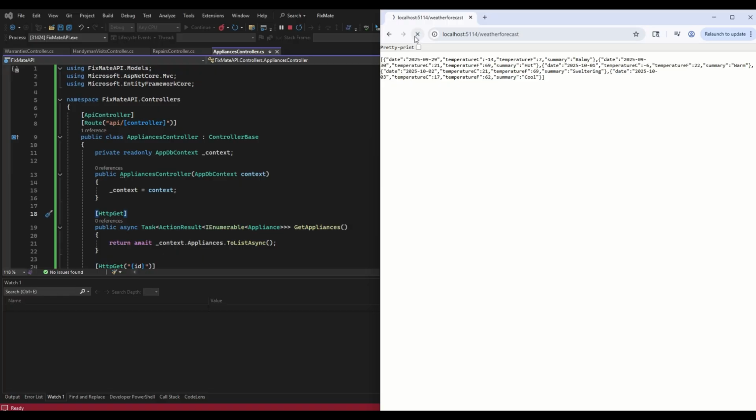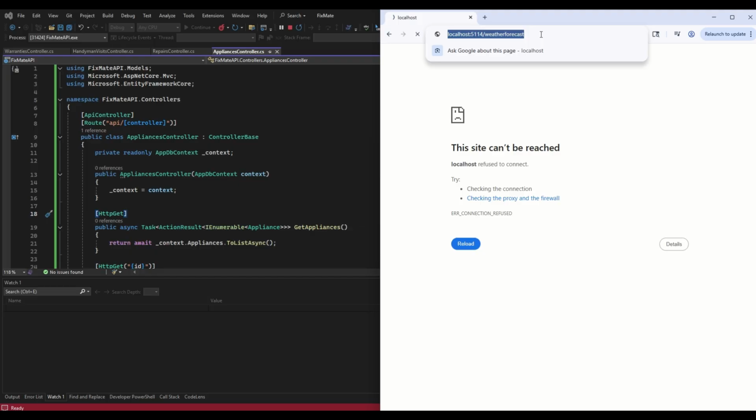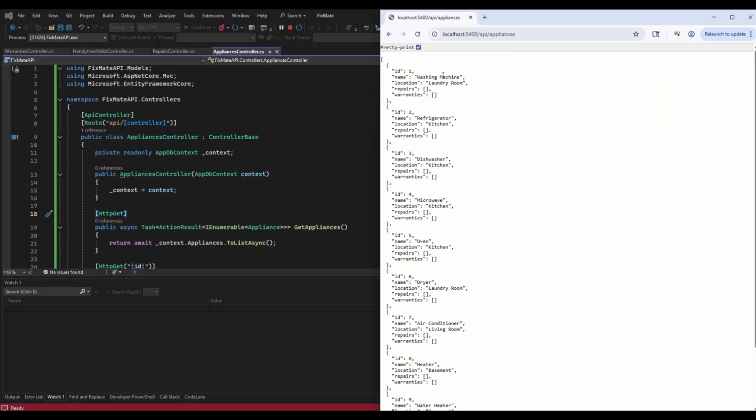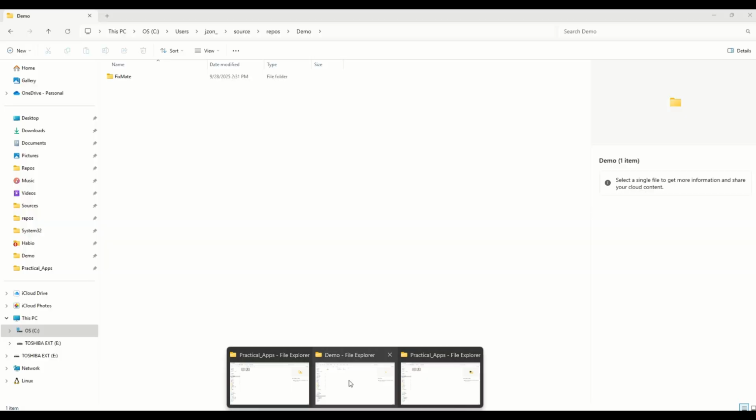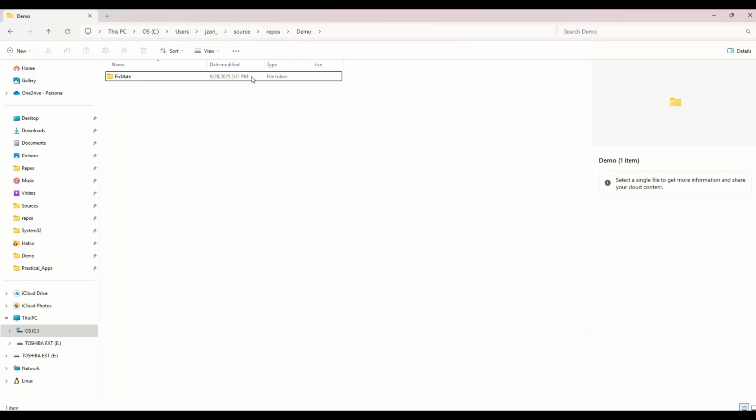And for now, we can stop right here for the API and let's work on the Angular. Okay. Here's the solution folder, FixMate. There's the API, and inside this, we're gonna create the Angular. So the command to create a new Angular is ng new. We're gonna call it FixMate app, and it's gonna be no standalone, skip tests,